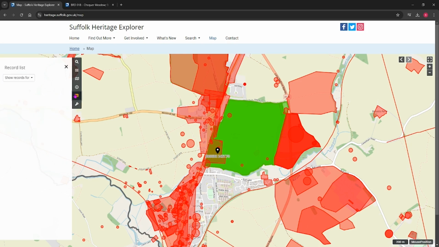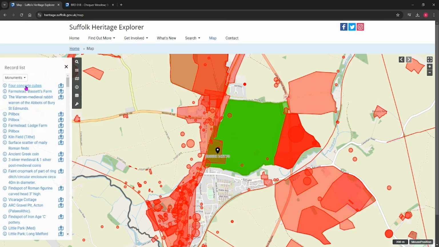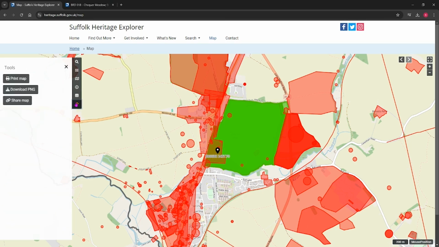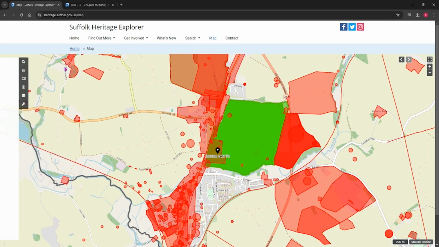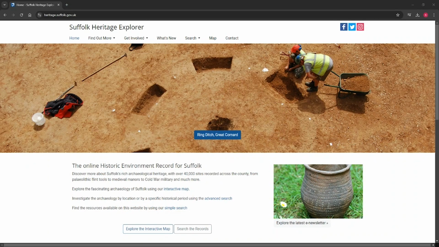The next button in the map toolbar is the record list. This displays shortcuts to the detailed records of all features visible on the map on the screen. If more than one map layer is switched on, you can select which records to show from the drop-down. The final button in the left-hand toolbar are General Tools, where you can print, download, or share the map in its current view. To close the left-hand toolbar, click the cross, and to reopen it, click on one of the buttons. That concludes this